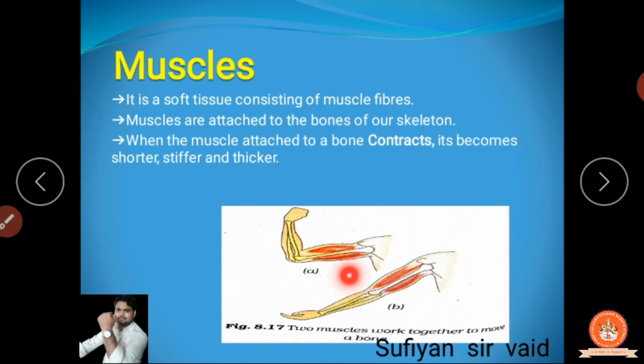Clear? Another thing is that muscles always pull the bone, not push. Always pull the bone, मतलब अपनी तरफ खींचता है bone को, धक्का नहीं देता कभी भी bone को. Clear? It just pulls the bone. Means the bone is not going to be displaced from its mean position. Clear? So when the upper portion is contracted, the lower portion is going to be relaxed. So it always stays in this position.